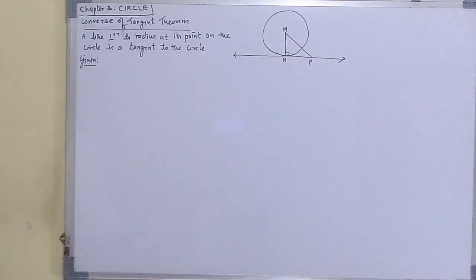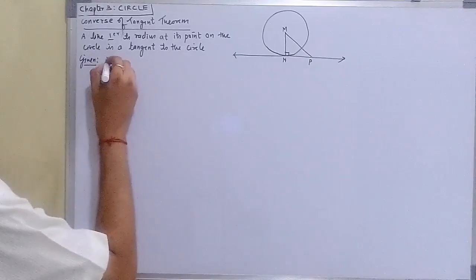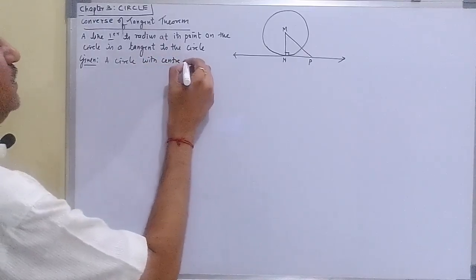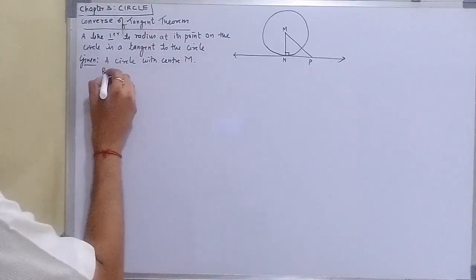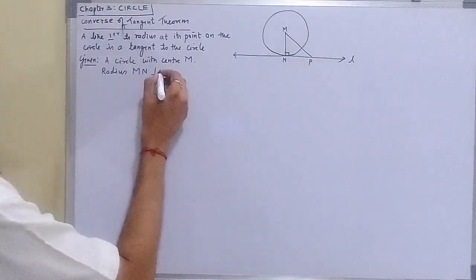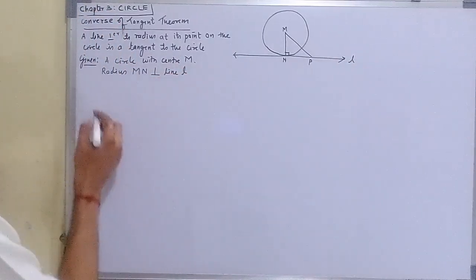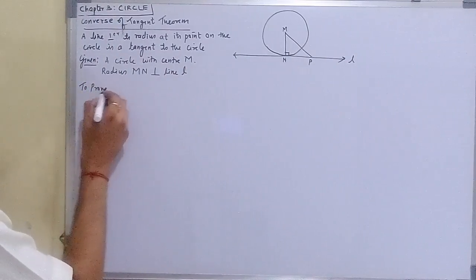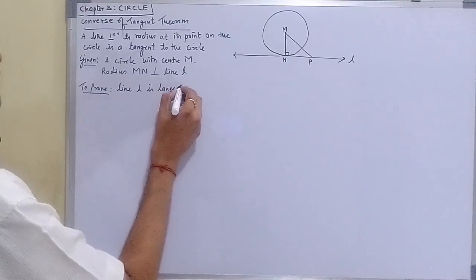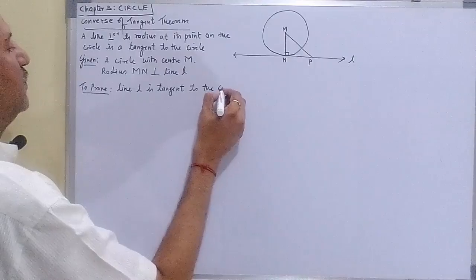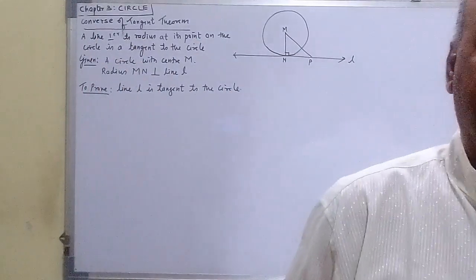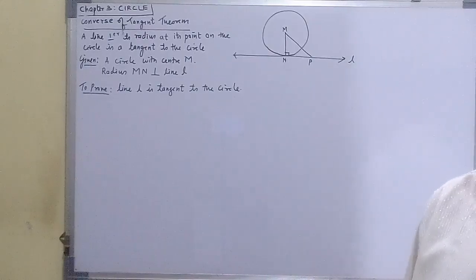अभी given part लिखते हैं. A circle with center N, radius MN, perpendicular line L. To prove: line L is tangent to the circle. हमें यह बताया लाइन L is a tangent to the circle. Okay, so